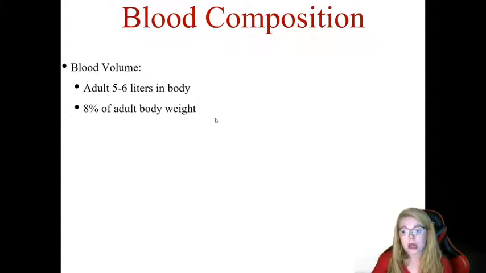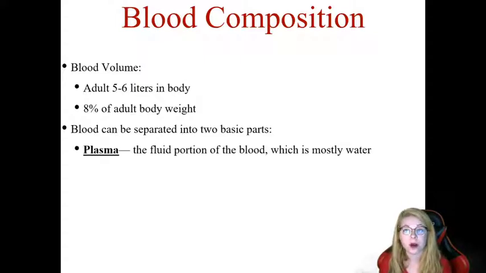And our blood can be separated into two basic parts. You've probably heard of some of them. The first is the plasma part, which is the fluid portion of blood, and it's made up of mostly water. There are other things in the plasma, and this is roughly 55% by volume of your blood. So of the 8% of your adult body weight, your blood is 55% by volume plasma, and again, that's predominantly